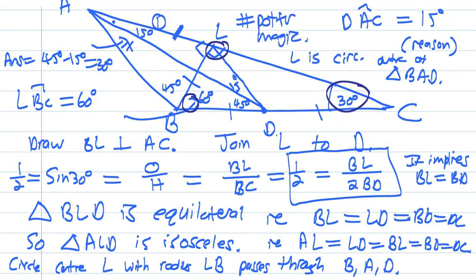Alright, there are other ways to solve this question, but this is a good solution using some geometric ideas. We just needed to know sine 30 is a half. We just needed to make a couple of extra points, which is point L, where BL is perpendicular to AC and L is on AC. And then we just needed to play with equilateral triangles, isosceles triangles, and knowing that ALB is therefore an isosceles